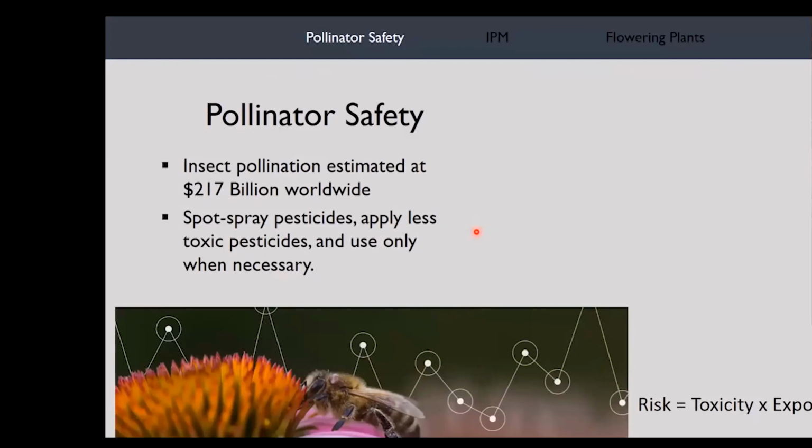So if we can spray earlier or way later in the evening, then it's much, much better to protect those pollinators that might be foraging at noon, in the middle of the day. Another thing is, spot spray pesticides. If you're noticing pests in only one area of your garden, it might be best to just spray that area and get direct contact there instead of spraying the entire garden, right? So this is great, techniques in lowering that exposure to the insect and the toxicity of how harmful those pesticides